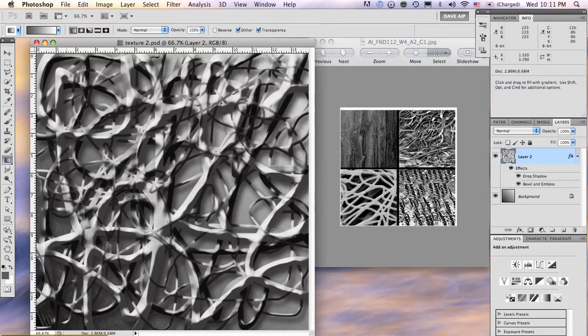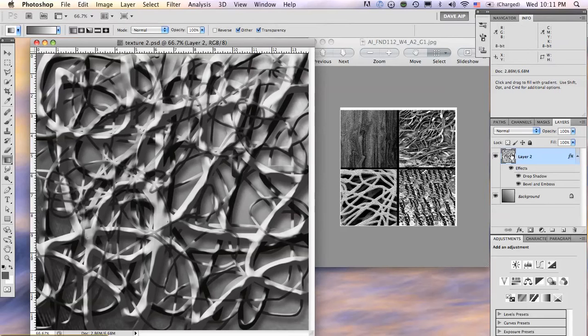And then you just create a gradient on your layer, which kind of looked like that, and then you apply the bas relief, but the bas relief doesn't really do much. I don't quite understand the point of that. You can do a lot with bas relief and other effects, and I'll show you some of that. But the main thing is you do a bunch of brush strokes, which I did just black and white brush strokes,